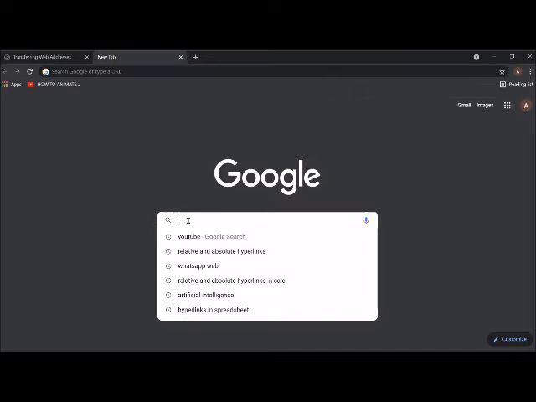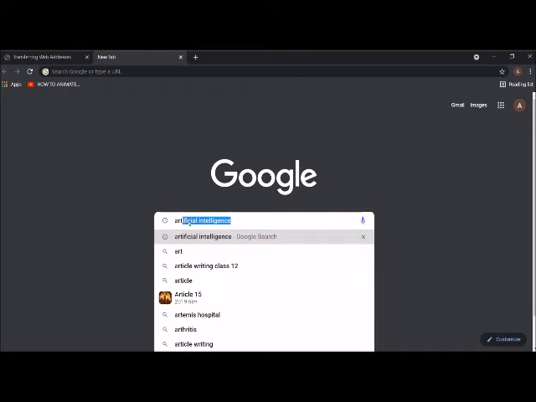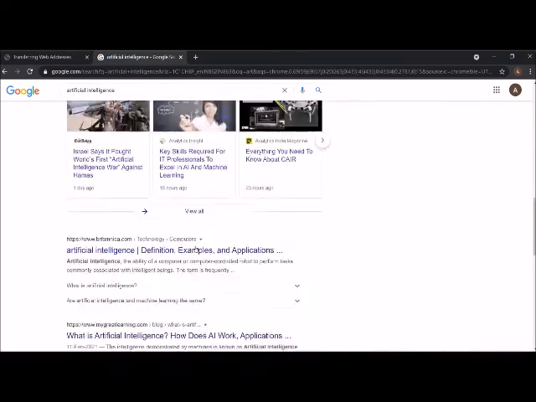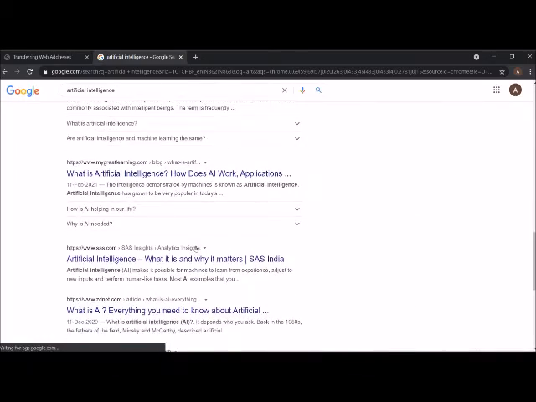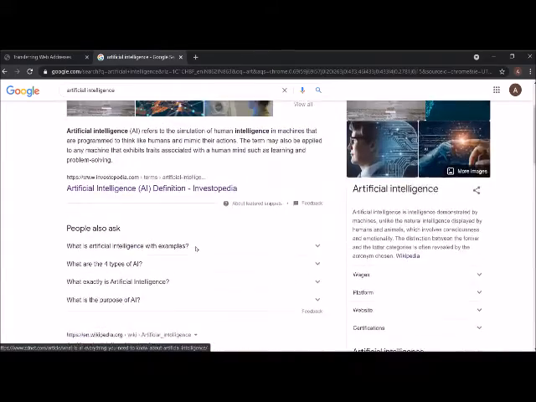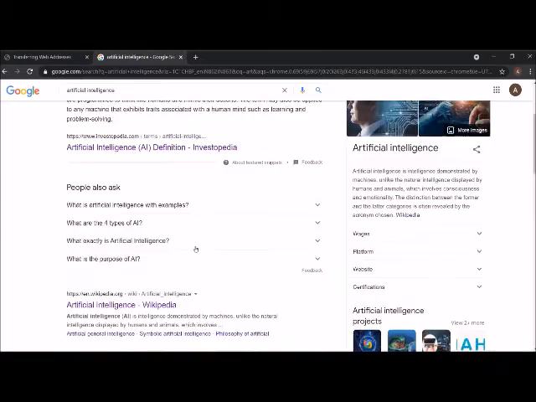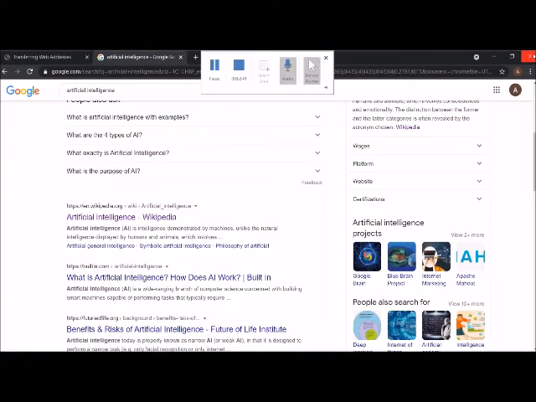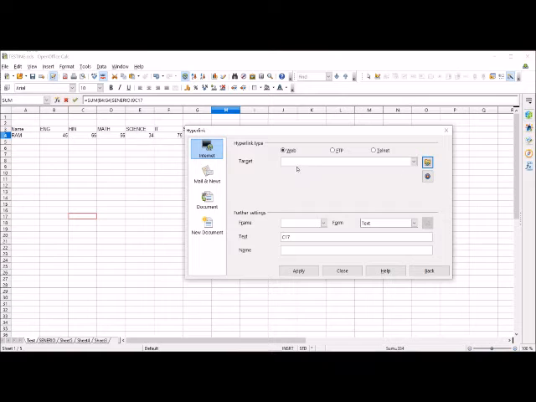Suppose we want to browse information on artificial intelligence, and suppose this is the document, this is Wikipedia on which information on artificial intelligence is available. So I'll right click here and copy the link address, then close this browser and paste that link address here.